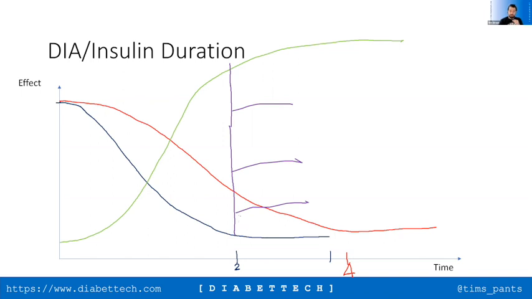Now, the minimum setting in Android APS, Loop and Open APS is 5 hours, similar to Tandem Control IQ, where it's 5 hours, and CamAPS actually observes what your DIA is. But the key thing about that is that for quite a lot of people, that's still not long enough. And even using FIASP and Lyumjev, which in theory, well, Lyumjev in theory is about 5 hours, you may need to extend that longer. And I'm currently using 7 hours on a Lyumjev FIASP mix,